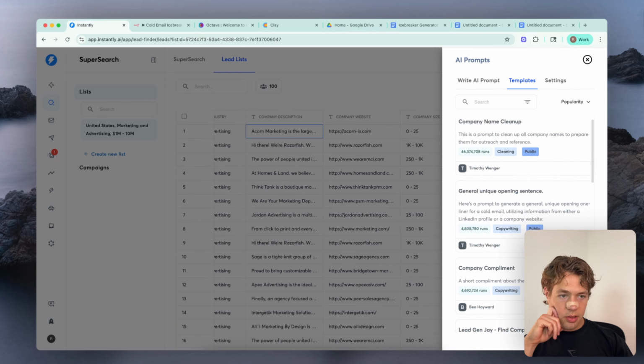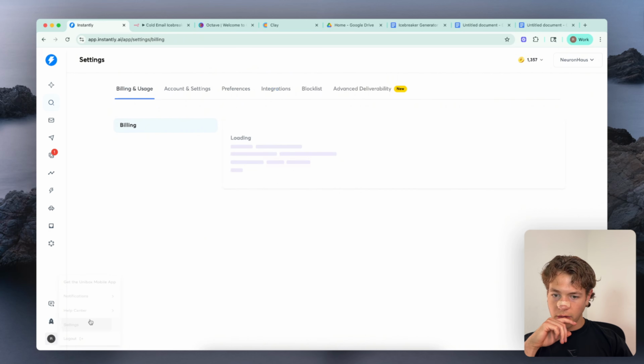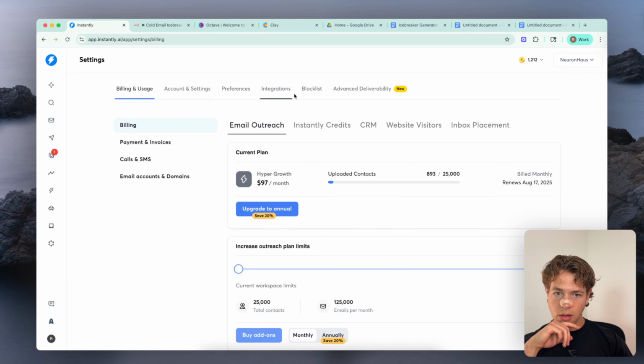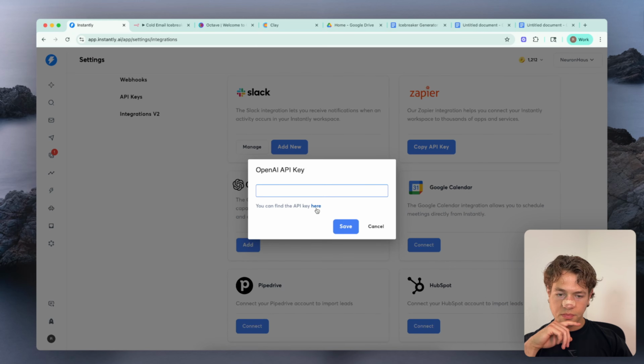Looks like there's some templates that other people are using. Let me see if I can use my own OpenAI account here. See if we can save on some pricing. Here we go. OpenAI key. So let me go ahead and hide my screen really quick so you guys don't jack my OpenAI key. Give me one quick second.